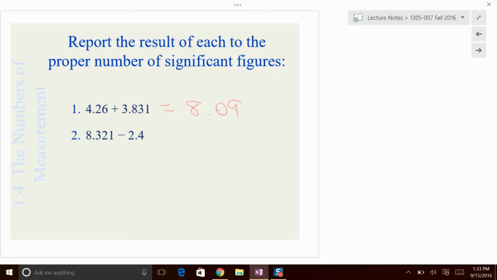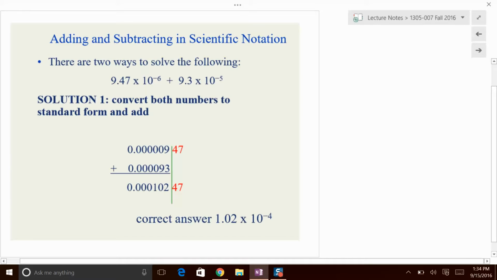How many decimal places am I going to record in this number? Just 1 decimal place. Okay? 8.321 minus 2.4. What is it? Say it again. 5.9. To 1 decimal place. Okay? That's where I'm going to cut it off. All right. So I don't need to actually line them up. I can just count whichever one has the least number of decimal places, and that's how many decimal places I'm going to record. That's for addition or subtraction, which is different than multiplication and